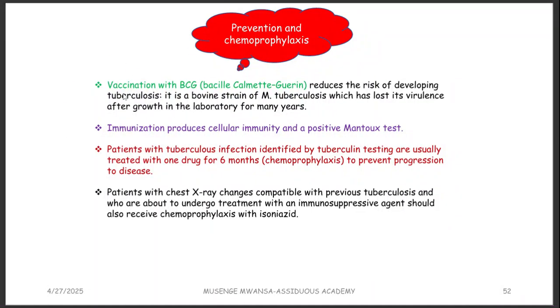You can vaccinate someone. There's a BCG vaccine for TB, and that can help. You want to vaccinate especially people that are at high risk, like medical practitioners in the hospital, people in overcrowded places, and such things. So this is it about TB. I hope by now we can be able to take a case nicely, diagnose it, talk about the investigations and also the treatment, and also talk about TB IRIS.